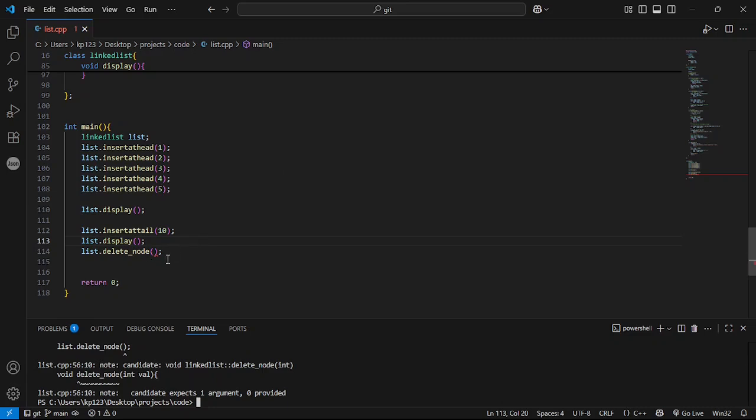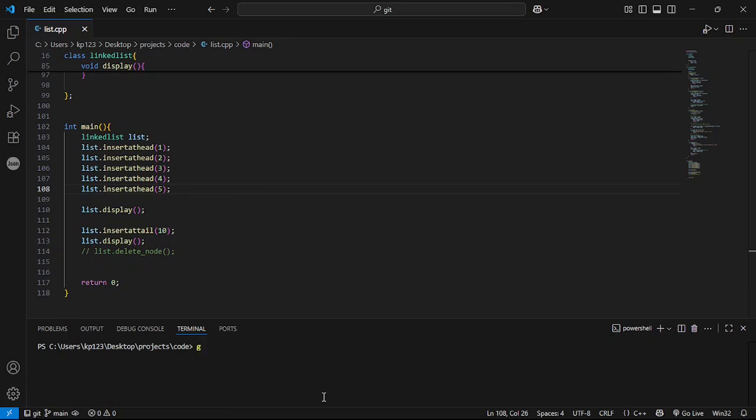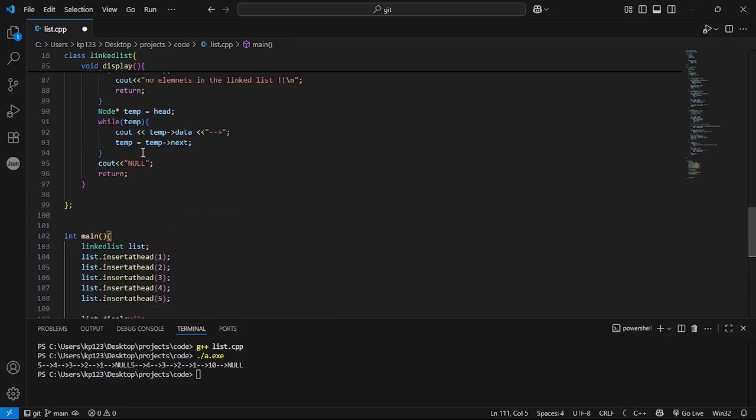Now here are some problems. I just need to comment it out. After this display, or after null, I can print something as null.